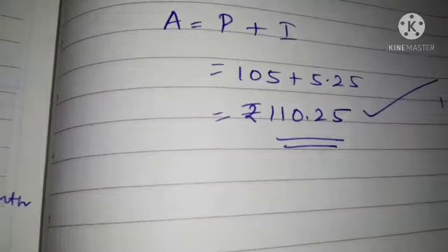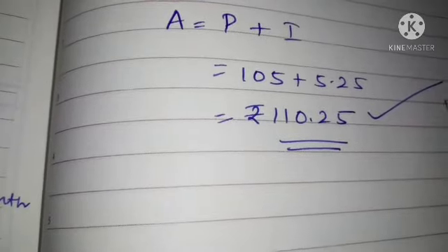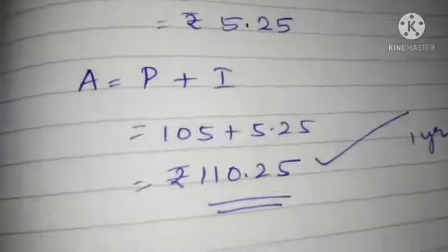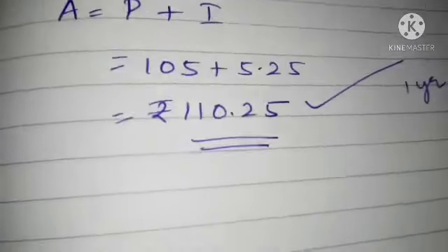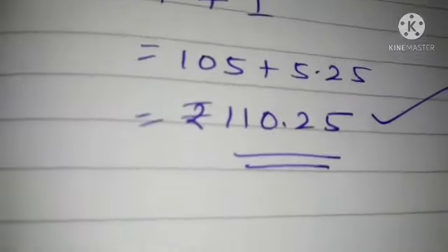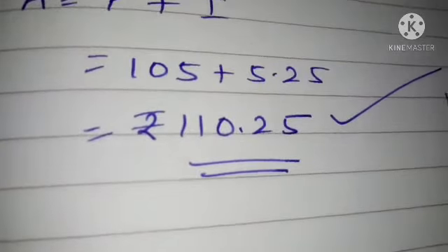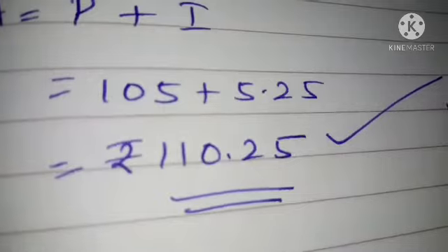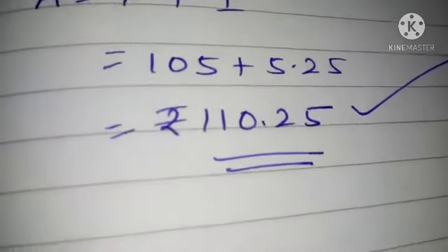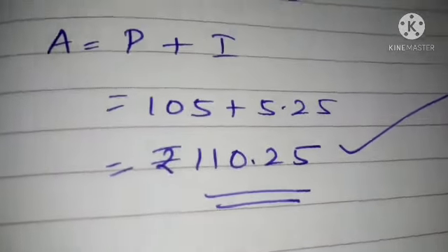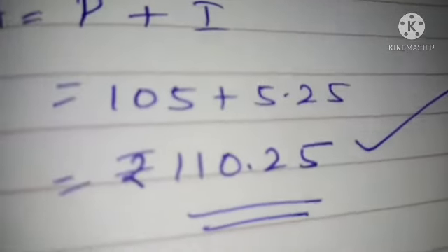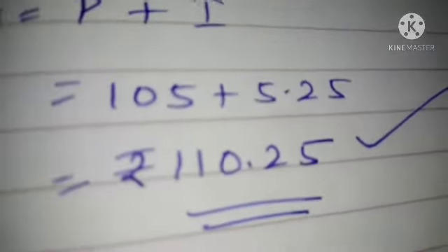You can see the tabular column, the blue color tabular column, page number 129. It is clearly given how to calculate it for the 6 months. Okay, 6 months, the same thing. The amount which you are getting at the end of first 6 months will be taken as the principal for the next 6 months. Okay, so in next page number 130, do you see that if interest is compounded half